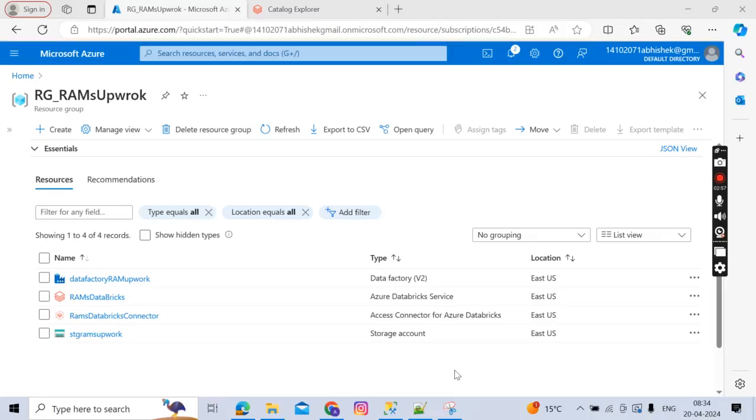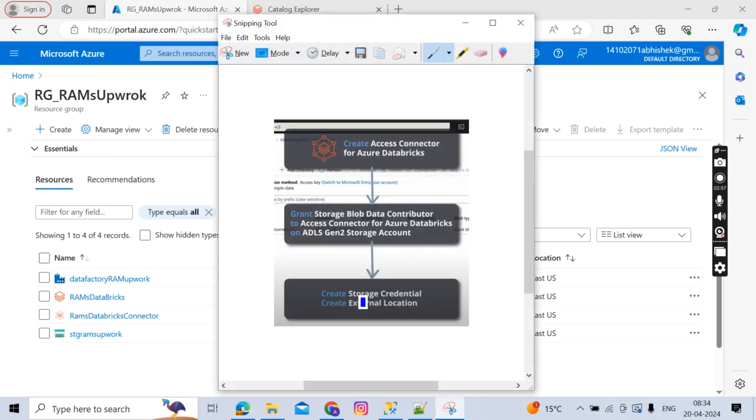In our previous video, we created a Databricks connector and gave it Storage Blob Data Contributor access on our storage account. Next, if you go to our diagram, we want to create a